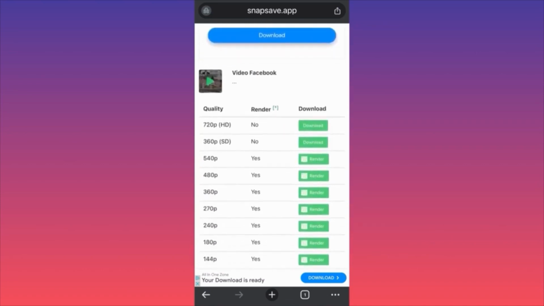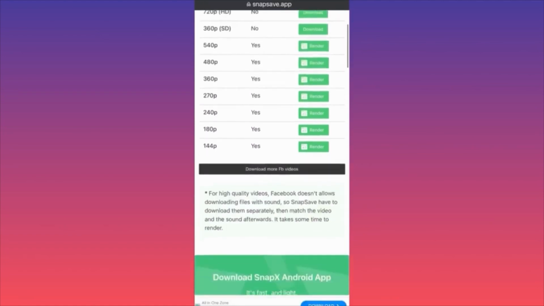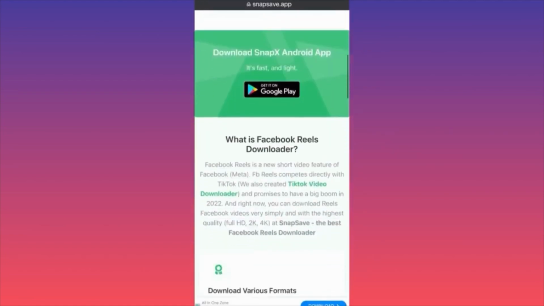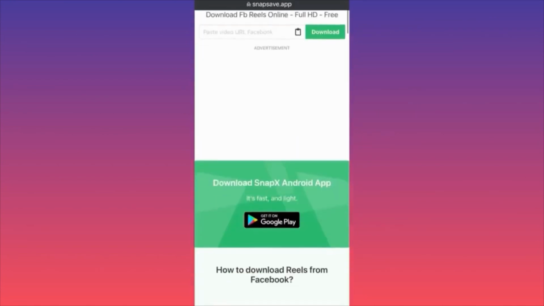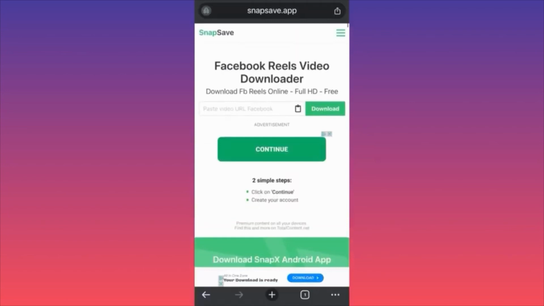As you can see, we have plenty of different options of qualities. Just pick your option. Be careful where you're clicking, of course, as usual. Not as many ads as in the other apps platforms, but this is how you can download Facebook Reels